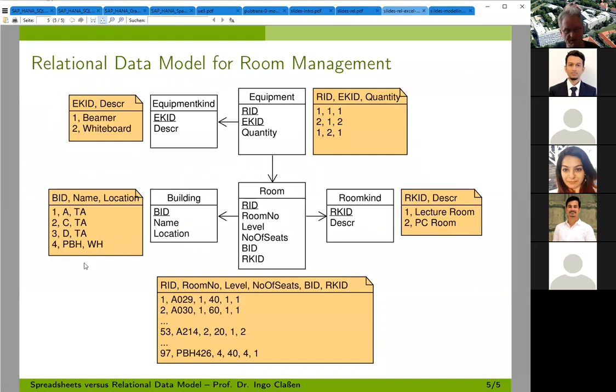So we would have a table with 4 records: number 1, 2, 3, 4, building A, Tresco Allee, building C, Tresco Allee, building D, Tresco Allee, building PBH at Wilhelminhof. And that's the building table. And that's only comprising the concept of a building. And now